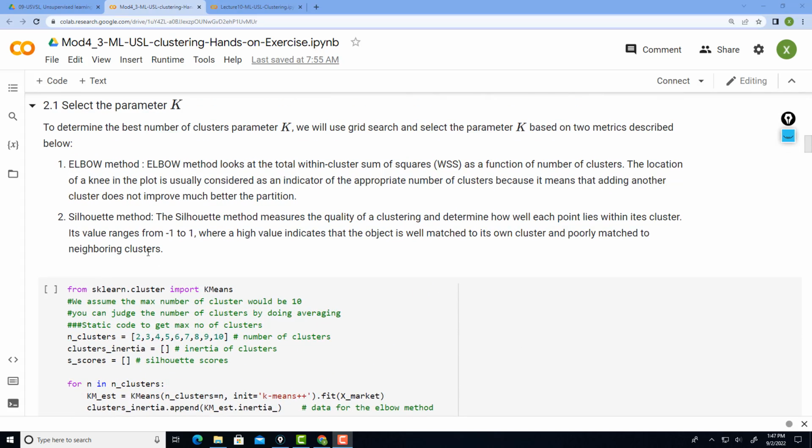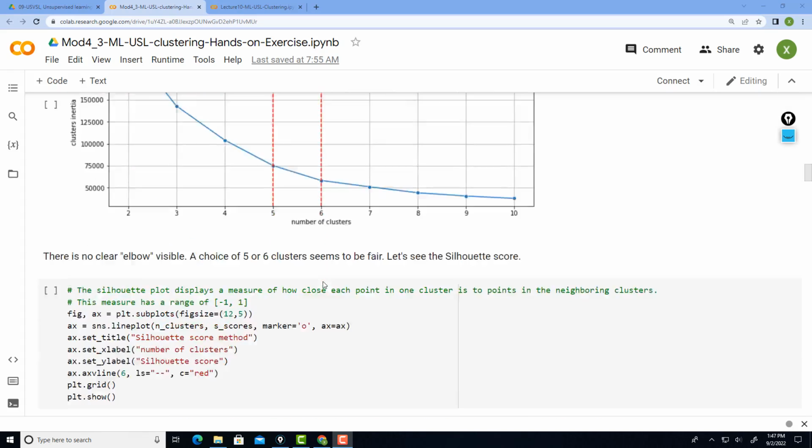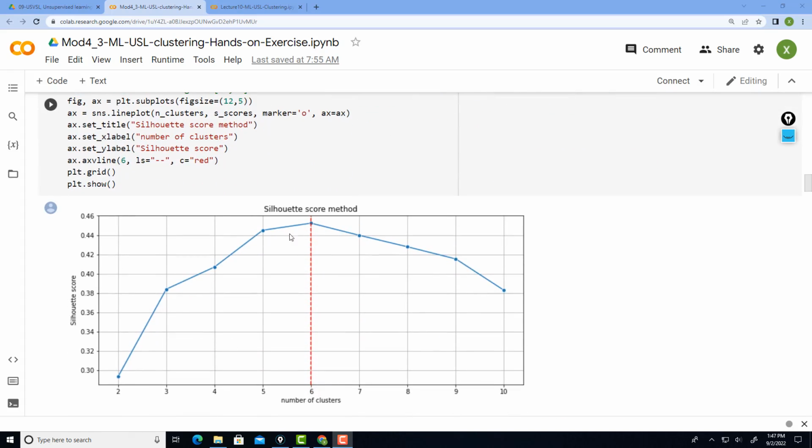And then for the silhouette method, you're just looking at the silhouette score, as we introduced as the last clustering performance evaluation metric. Notice that neither the elbow method nor the silhouette score-based method requires the underlying cluster assignment, because in fact, in this hands-on exercise, we don't know the ground truth partition of the customers. If you plot the silhouette score, then in fact k equal to 6 achieves the highest silhouette score, as we explained.